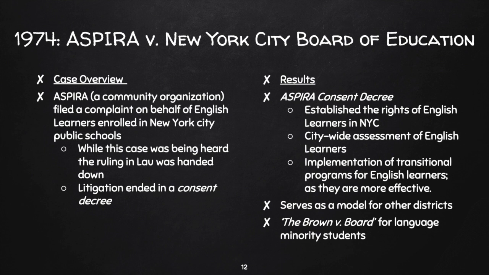This one really targeted and said you have to use their first language to help them transition to their second, because it is in fact more effective. Other policies before this one were just very broadly saying schools need to take affirmative steps to ensure that the needs of English learners are being met. Again, it's very broad. This consent decree was so successful in helping English learners because it was so prescriptive.